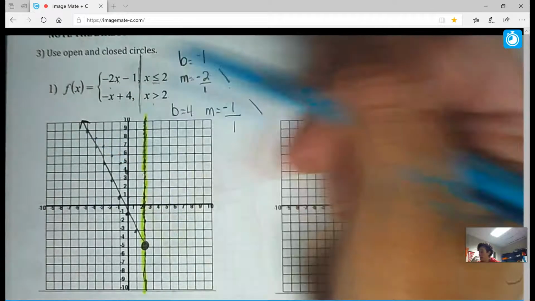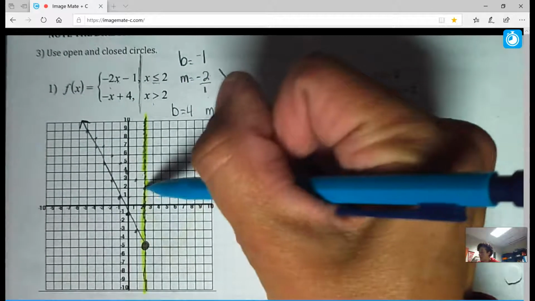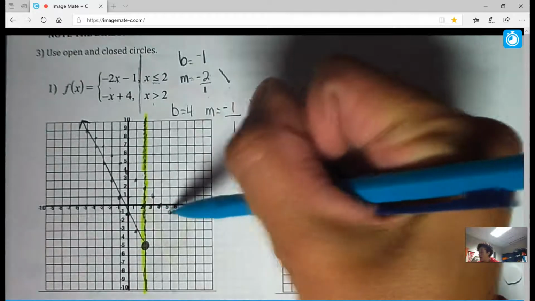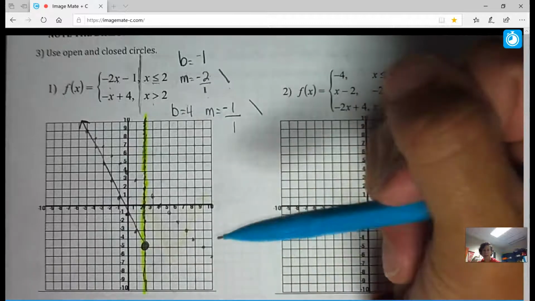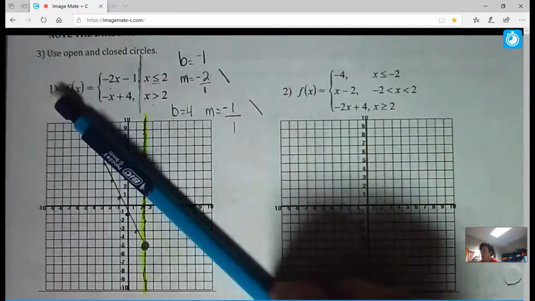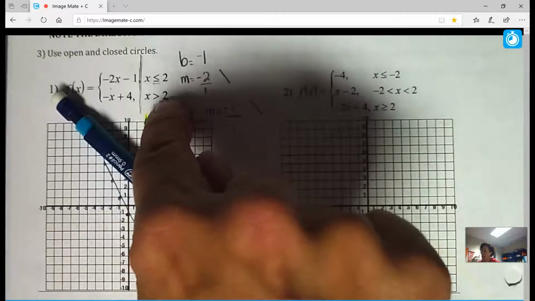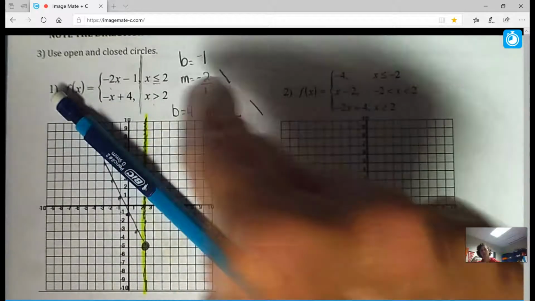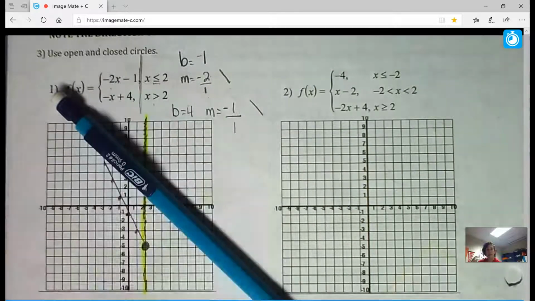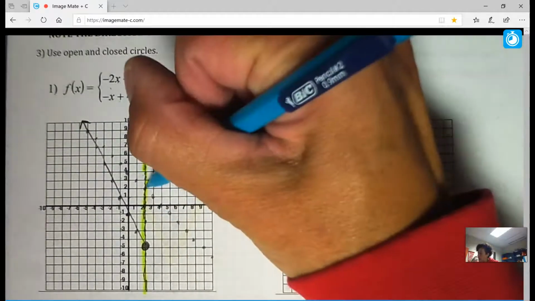Again, I'm not going to connect these points. And then I'm going to go to the right. I'm first just drawing the full line. Eventually, you really don't want to do this, but this is the beginning step. So I would normally have this whole line, but because of this domain restriction, I only want the part of the line that's bigger than this wall, to the right of this boundary wall. So I'm going to go from here to here,